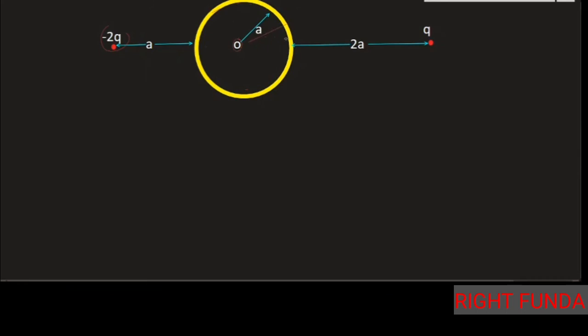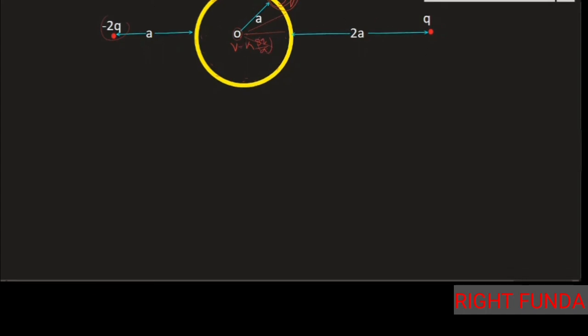Because every charge will be equidistant from the center, we get kq by r, kq1 by r, kq2 by r, kq3 by r. So the total is k times the total charge, which is equal to 3q. Even after induction of charge, the total charge is still equal to 3q. The charges are non-uniformly distributed, but at the center the total potential V is equal to k 3q by a. We add the potentials of the other charges to get the net potential at the center of the sphere.